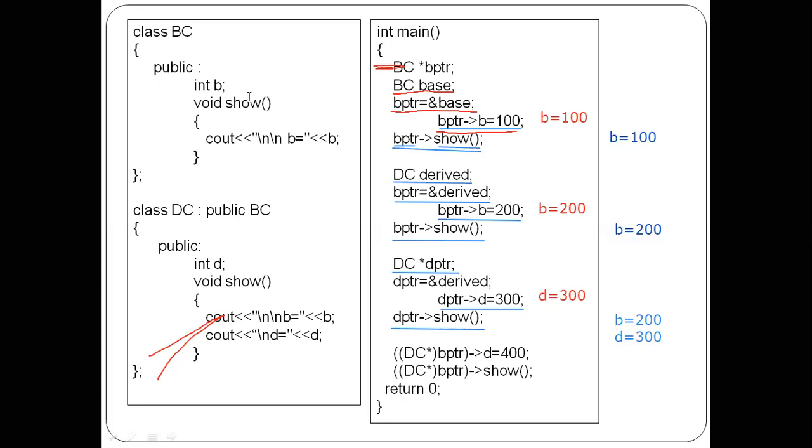Next one. What is meant by this line, guys? Here we are going to use the b pointer variable. Okay, I will explain what is meant by this particular line. This line is nothing but typecasting. We are performing typecasting. You know the concept of typecasting, guys? Are you familiar with typecasting?